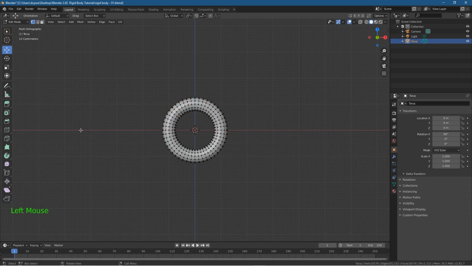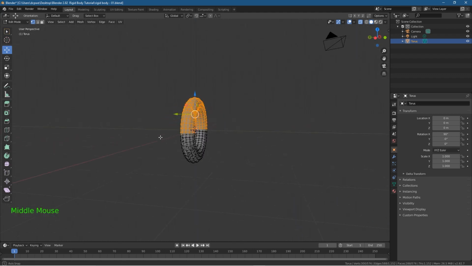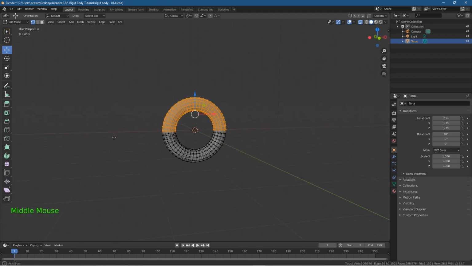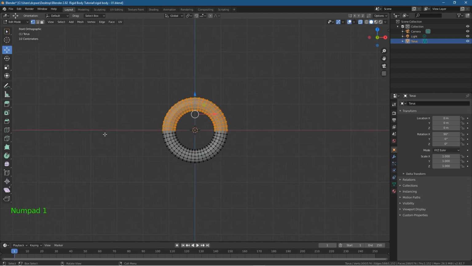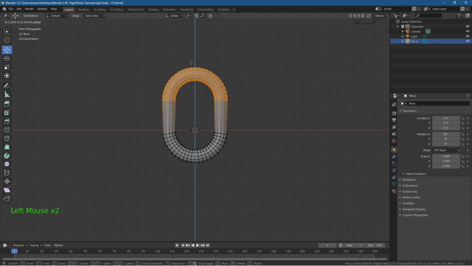I'm going to left click to deselect everything, and I'm going to turn on the X-ray. Let's turn this on. So you turn this option on and off as and when you need to use it. And basically when you do a selection now, it's using this X-ray, so it means that it's going to select all of the vertices at the front and all of the vertices behind as well. That's what the X-ray does. So we'll just press number 1 to get us back into the front orthographic. We've used the X-ray tool and we selected all of the front and all of the back vertices, and we're going to click on the move tool, and now we can grab this and drag it up,